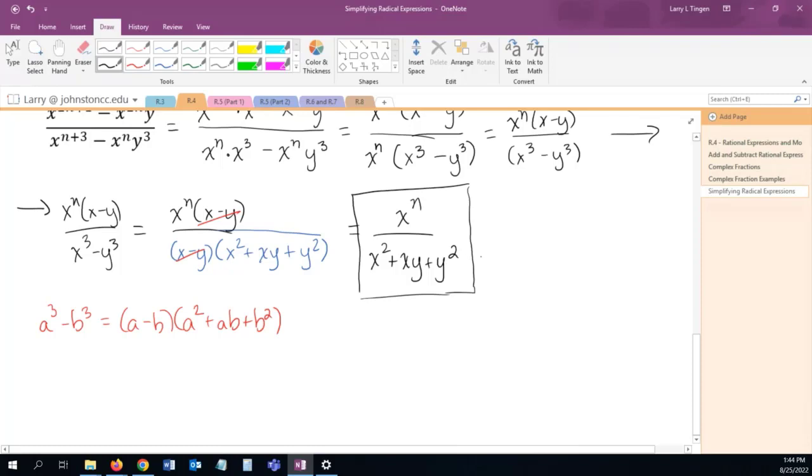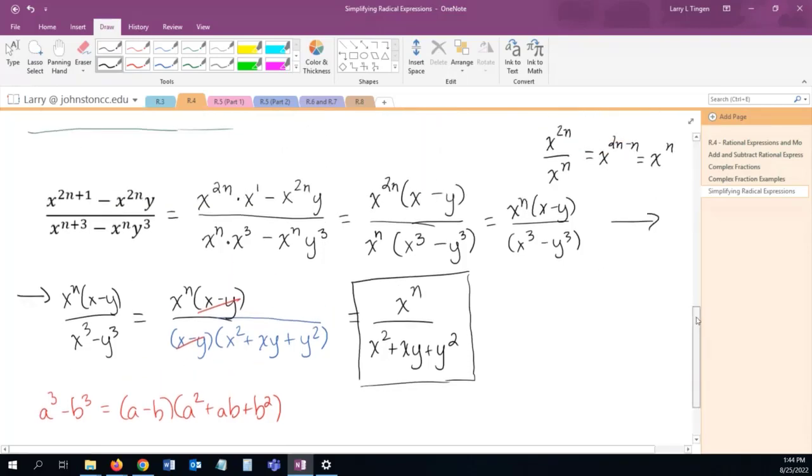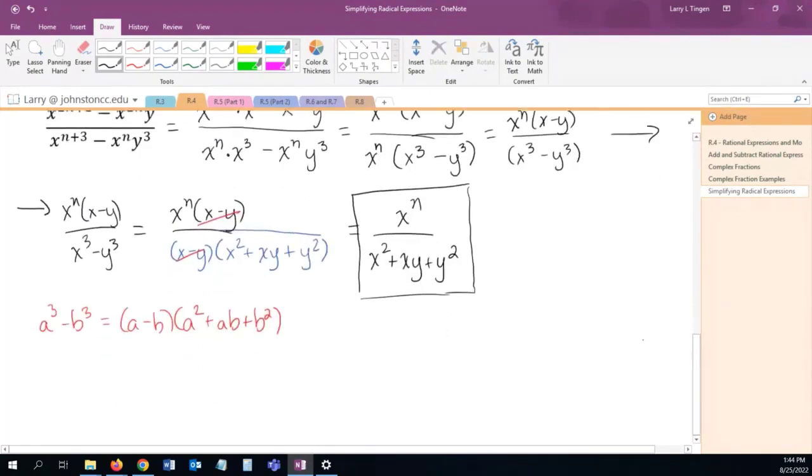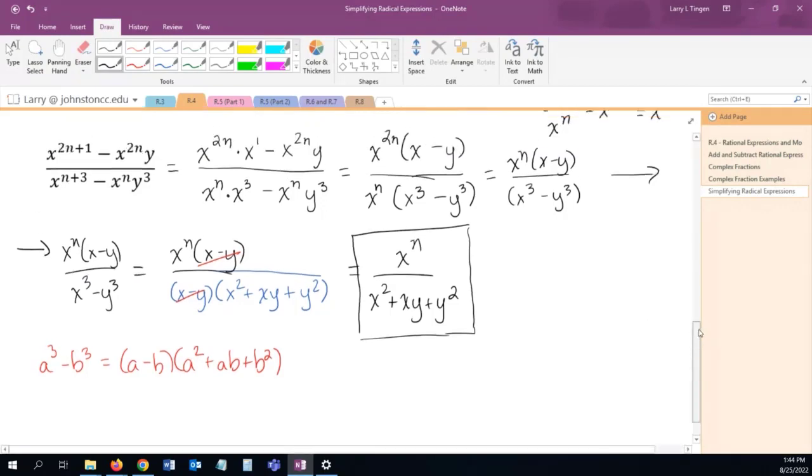And this is a place where people talk about using Mathway or using online stuff, and I want you to have those tools and to use them, but I want you to use them to check your work. I'm absolutely fine with you getting done with this problem, doing the best you can, and then checking this on Mathway. That is not a concern. I just don't want you to get used to looking at Mathway for the answers, because obviously you can't do that on the test. So this is a great problem where there's a lot of moving